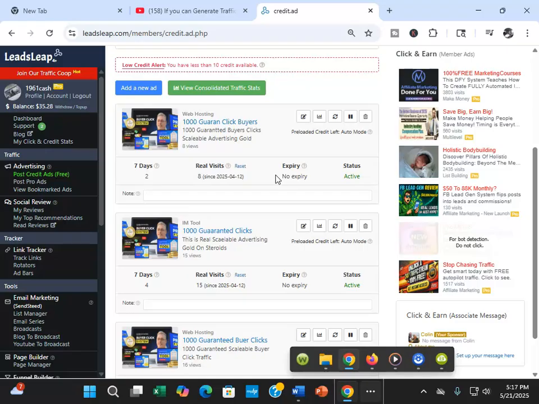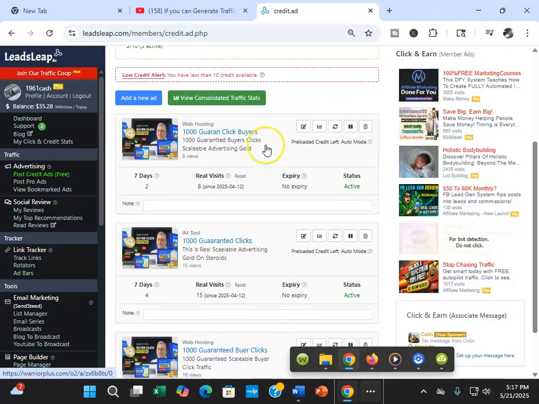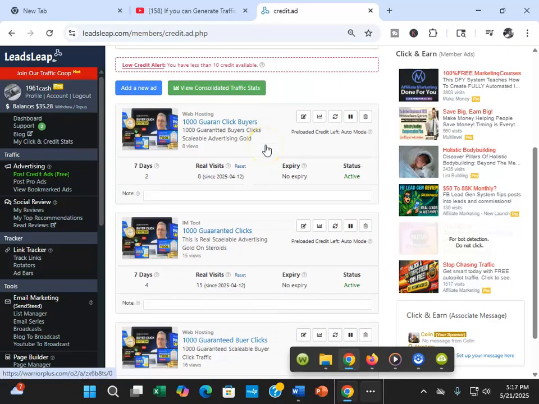So I'm upgraded inside of Leads Leap, right? So I get 10 ads and I don't have to click anything to get the traffic that comes to them. That's the difference between the amount of traffic you're going to be able to generate absolutely free if you're a free member, but you got to do some clicking, right? But it's still cool because it's free and it works, right? So you don't have anything to lose.